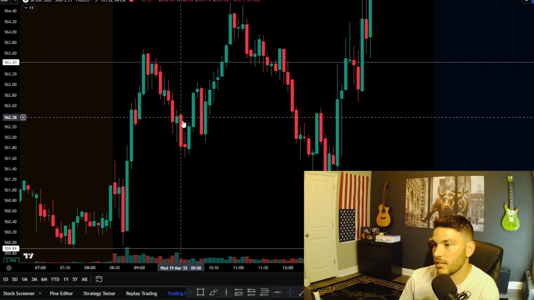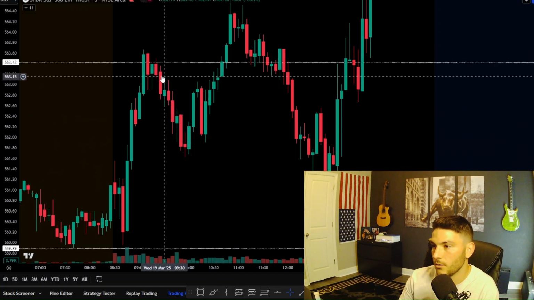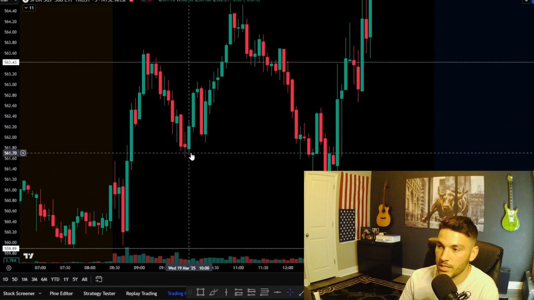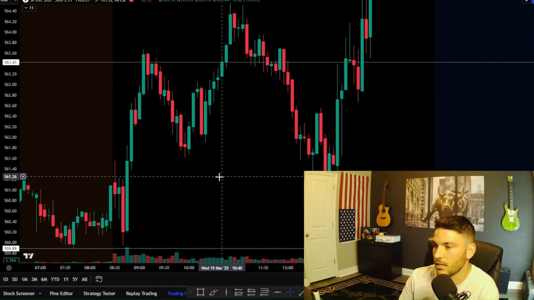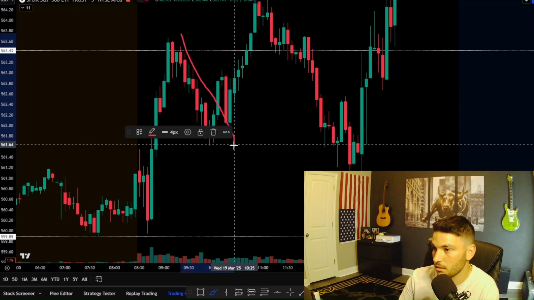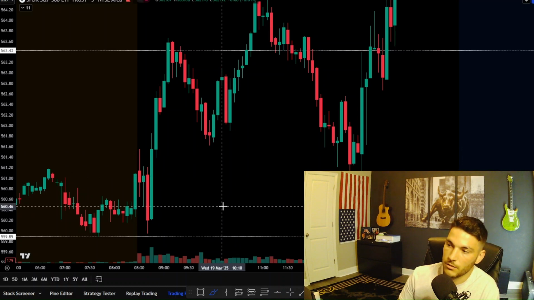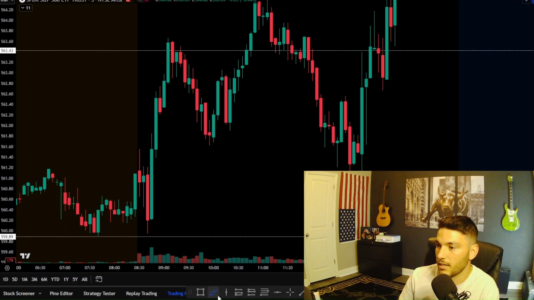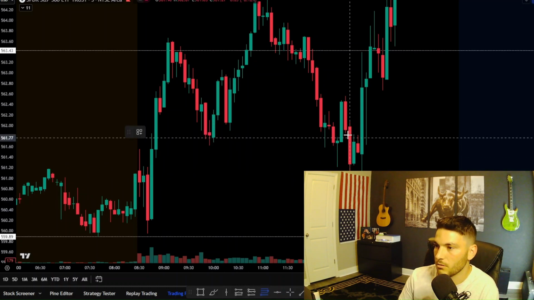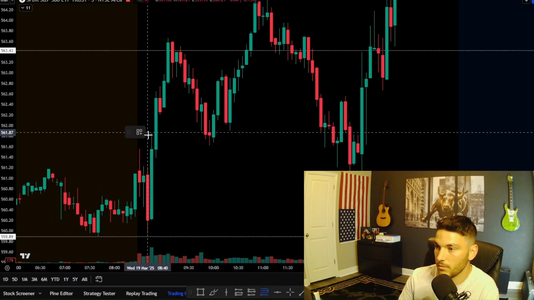All these wicks are areas of liquidity, right? Price needs to come back and grab this. There's no fair value gap formed to the downside to invert it. So to me, this right here still looks like a perfect pullback, right? But okay, I'm new to trading. I'm not entirely sure. So we could go to our Fibonacci, and you go from the